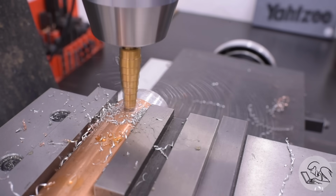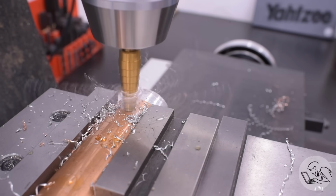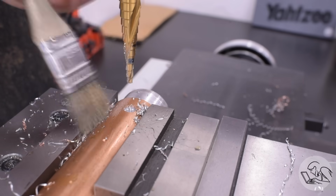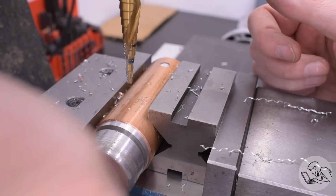The downside to step drills is they need a lot of depth under the part in order to get down to this diameter on the bit that you need. And with model engineering setups, that's frequently a deal breaker. You often do not have space under the part on these small pieces. But in this case, I do. So I did one end,